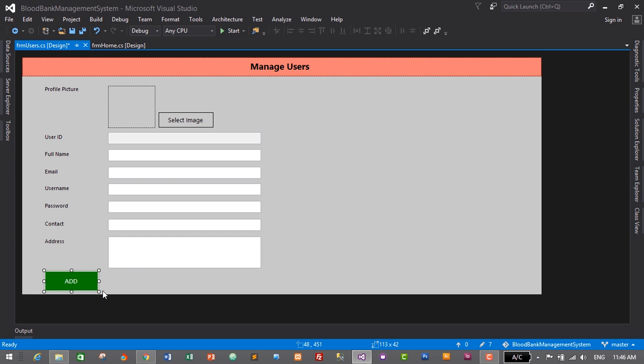Let's copy this button and paste it 3 times. One will be for clearing, one will be for deleting, and one will be for updating. So I'll just drag and drop here. Let's align them. Let's make these a little bit bigger. That's it. Now we need to change the color for all of these buttons and text box also, and name